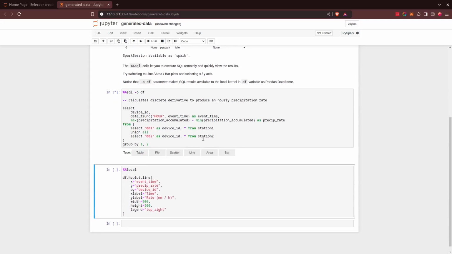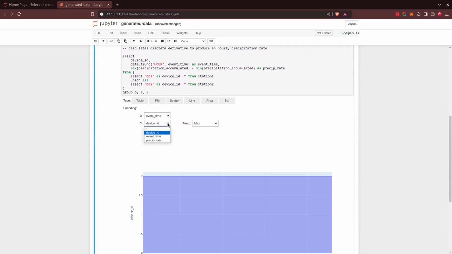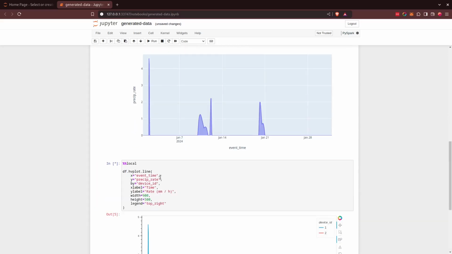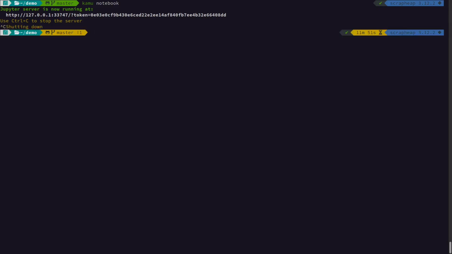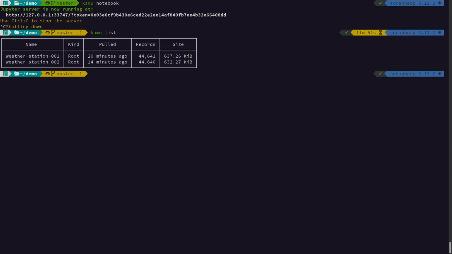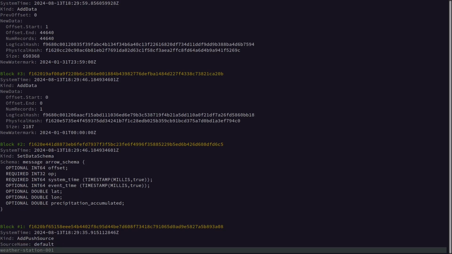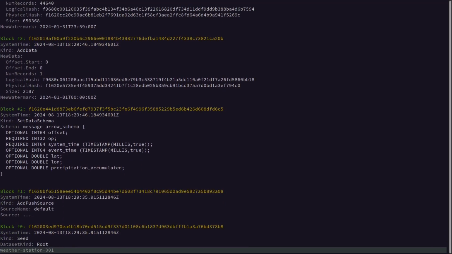In the notebook, we can use inline SQL to do most of the heavy processing on the Kamu side and only get the data we need for visualization into the kernel. Kamu is storing data in Open Data Fabric format. You may be familiar with Apache Iceberg or Delta used by enterprise data lakehouses, so the ODF format is like a Web3 counterpart of them. The kamu log command shows that this format provides a very detailed history of how the dataset evolved